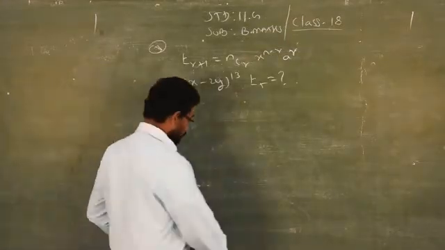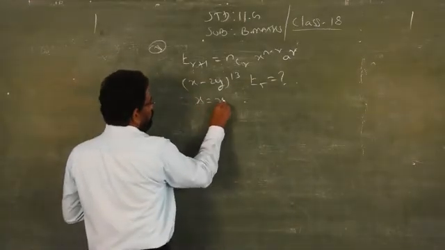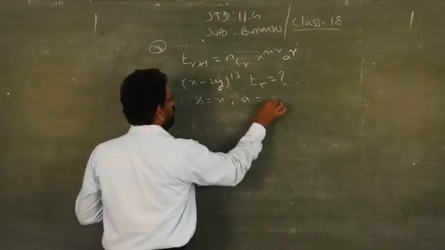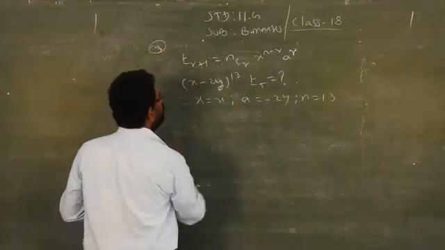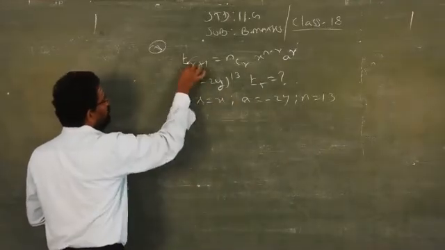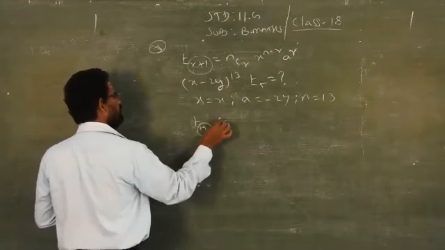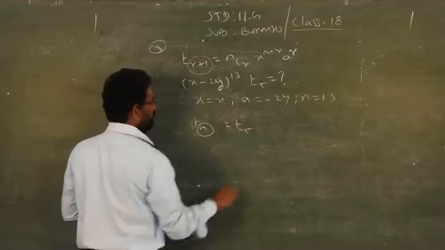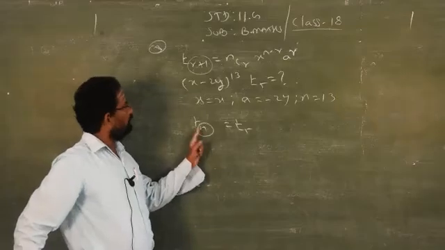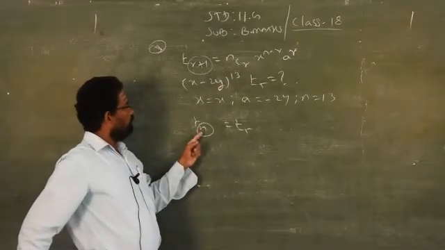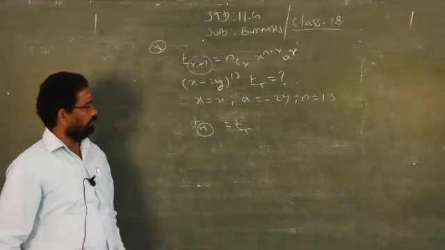So, how do you find it? Just compare: x is equal to x. What is your a? Minus 2y. What is your n? 13. Now, I need to find the fifth term. But what is the formula given? If it is given Tn, then it is very easy for us: you replace n by 5 and you get T5. Clear? This we only did in lower class, 10th standard under AP. If Tn is given in this format, then to find the fifth term, you replace n by 5 and you get T5 directly, that is the fifth term.